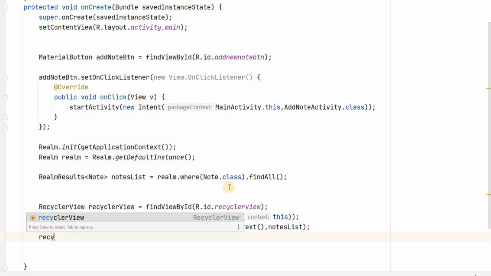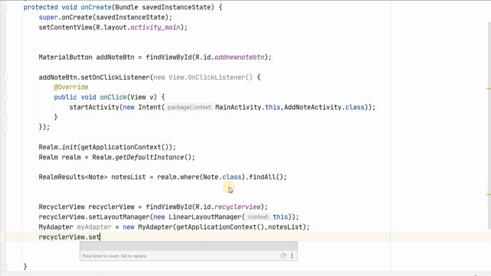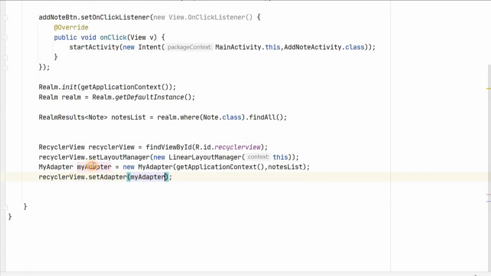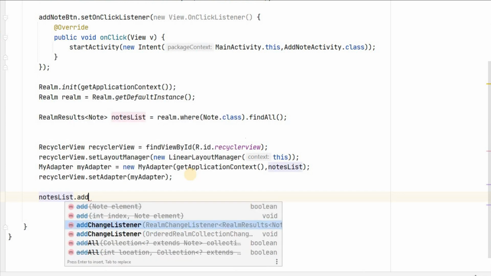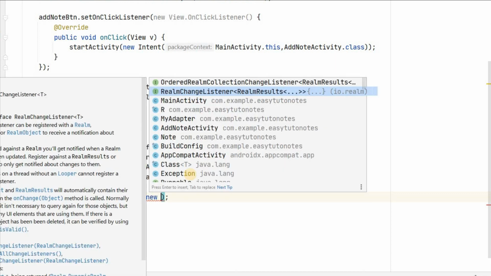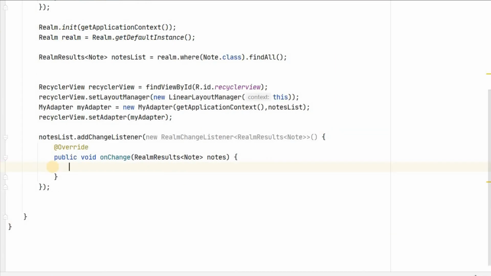And for the recycler view we will set the adapter, myAdapter. So in this way the recycler view will get the data from myAdapter, myAdapter will get data from the notes list, that is from realm. Now we will set notesList.addChangeListener. If a note is changed, we will listen to the changes, new RealmChangeListener. So when a note is added, the onChange method is called.